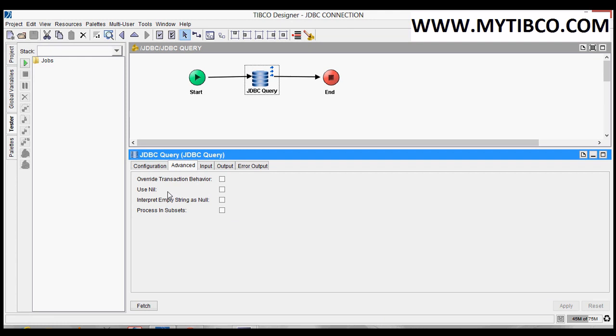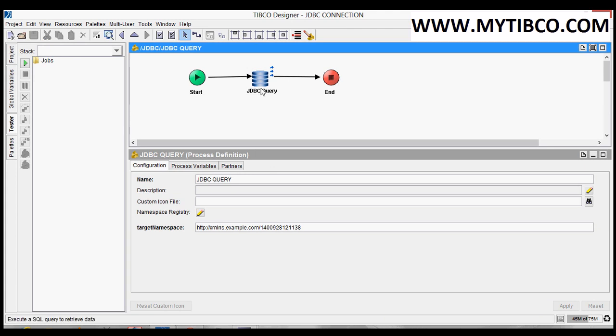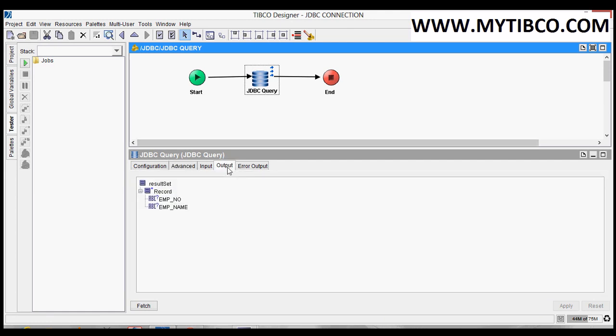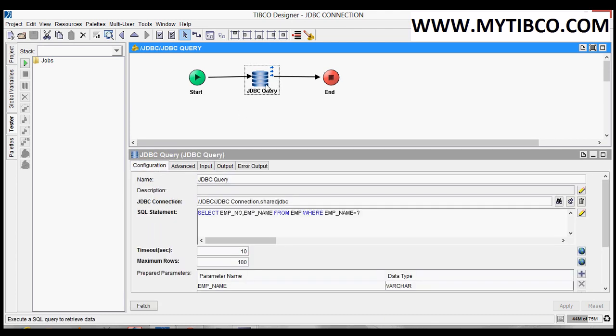Use nil. If you check this option, for example, there are some null fields in the database table and those records are not coming into the output list while executing the query, and suppose you want to know whether the field value is empty or not.